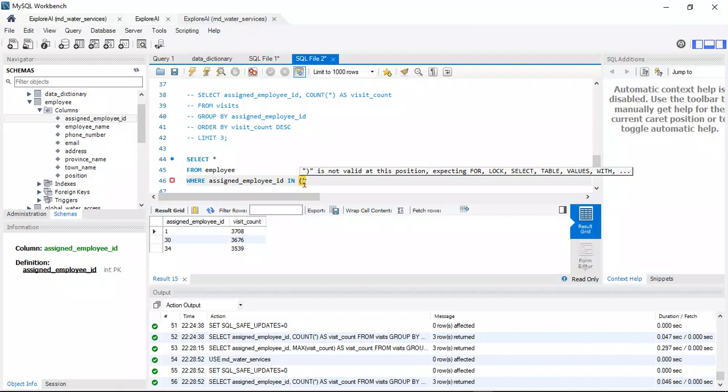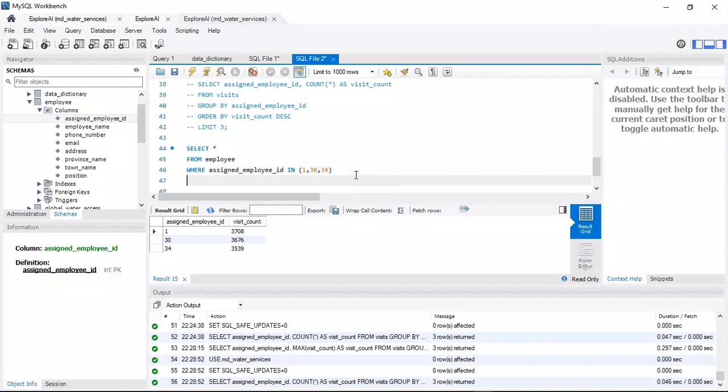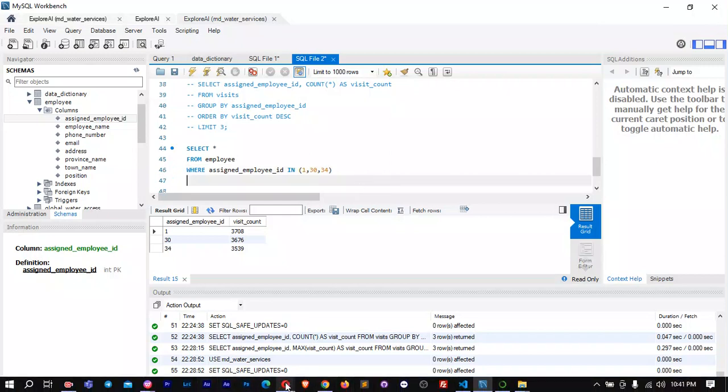Then we have the list of user IDs. Yes. Okay. One. What do I write? Parentheses, I think the next line. Or isn't this the one we use? 30 and 34. 30 and 34. Is that all? I think here